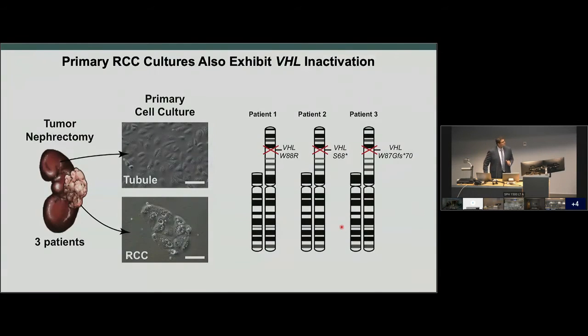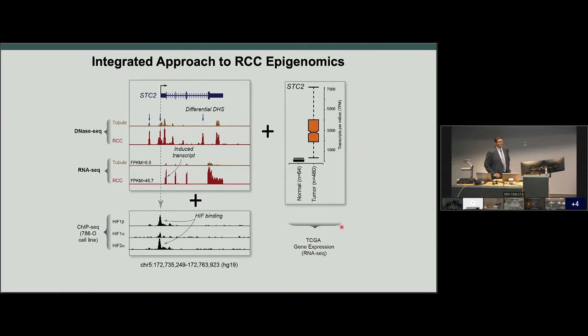Again, as I mentioned before, we could get these samples out. We actually generated our epigenomic maps, and this is a schematic of the integrated approach we took. As I mentioned before, we generated these open chromatin profiling maps. Here's a gene called stanniocalin-2. It's often upregulated in kidney cancer. If you compare the tubule versus the cancer derived from the same patient, so we're controlling for genetic background more or less here, we can see that there are many open enhancers that are activated in the tumor, but not in the tubule.